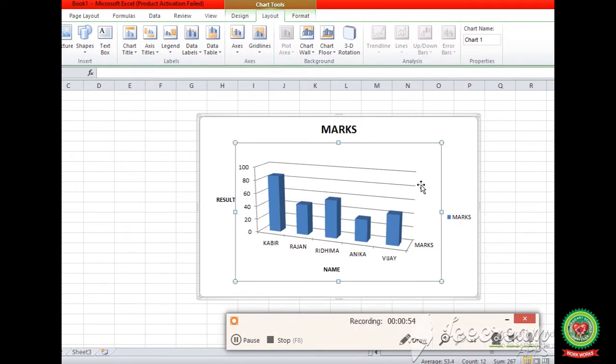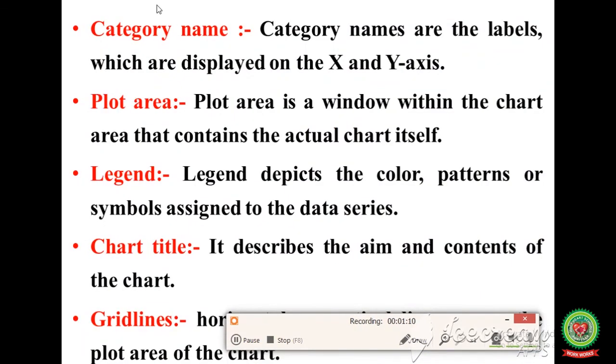It contains the actual chart itself and includes plotted data, series, category axis, value axis, and so on. Plot area is a window within the chart area that contains the actual chart itself.